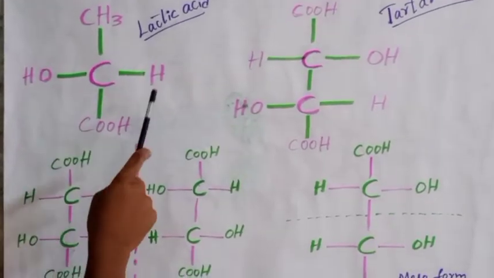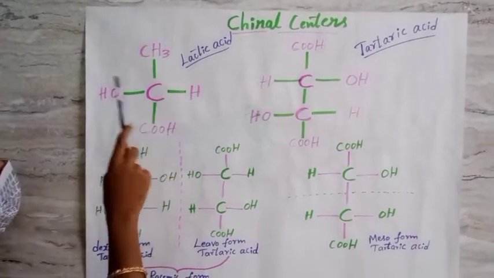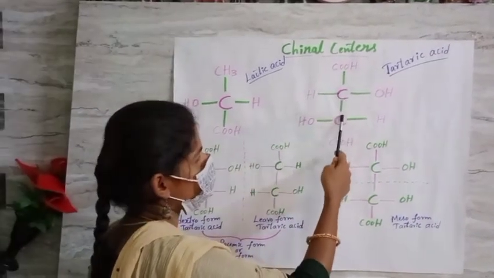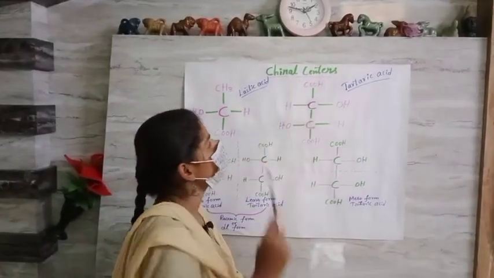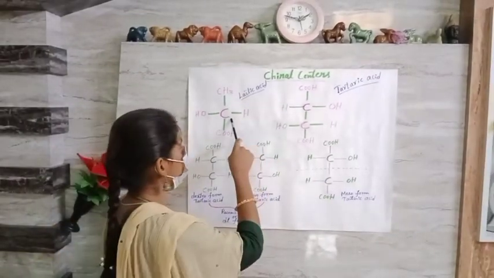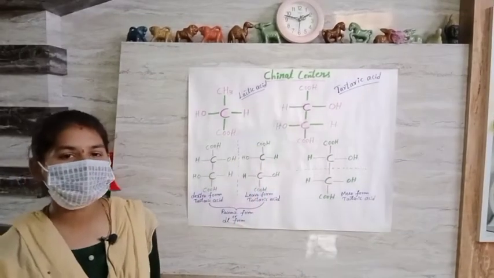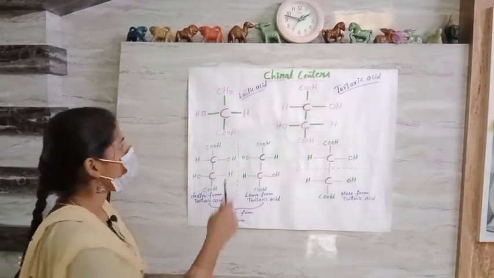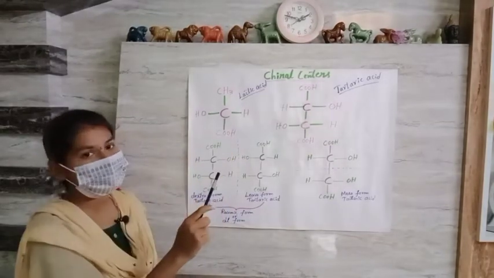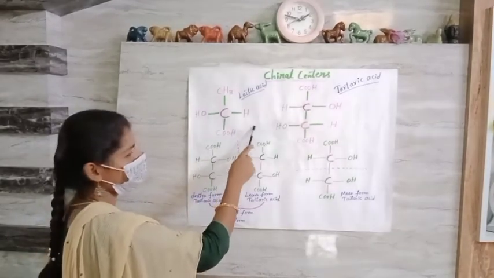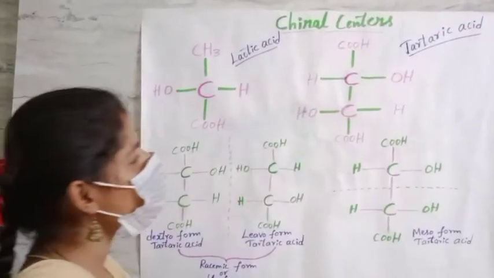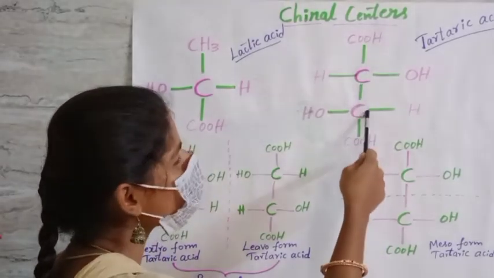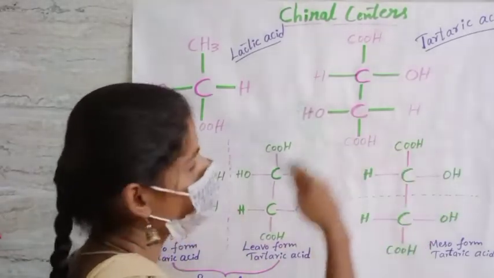So in the lactic acid example, we have one chiral center because it has one carbon. Here it has 2 chiral centers because it has 2 carbons. The number of isomers is 2 here and 1 there. That can be explained with a formula, that is 2 power n, where n represents the number of carbons. In lactic acid, since we have only one carbon, we consider 2 power 1, which equals 2. In the case of tartaric acid, n is equal to 2 because we have 2 carbons. So 2 power 2 will be 4.